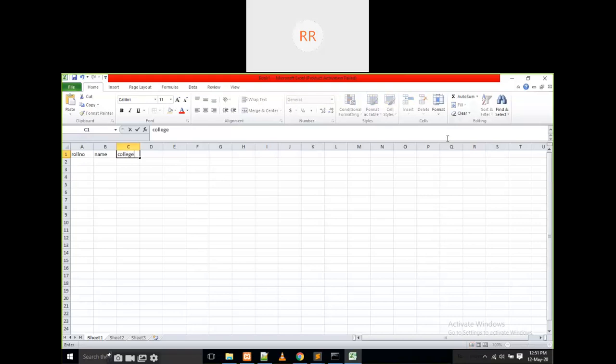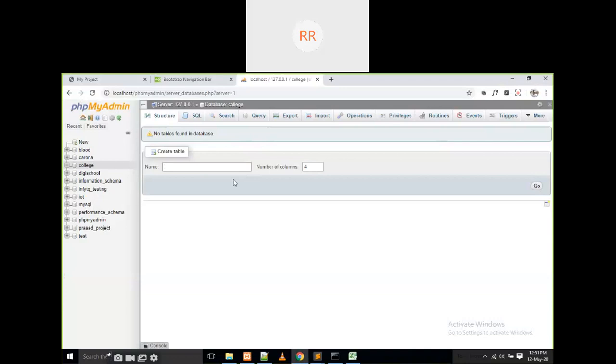I am going to write some headers first of all: roll number, name, college. So what is my table name? My table name is students. Any name is fine, no problem, but don't give spaces when writing that name. If you want a space, use a hyphen or underscore, for example student_info. Don't give any spaces here.